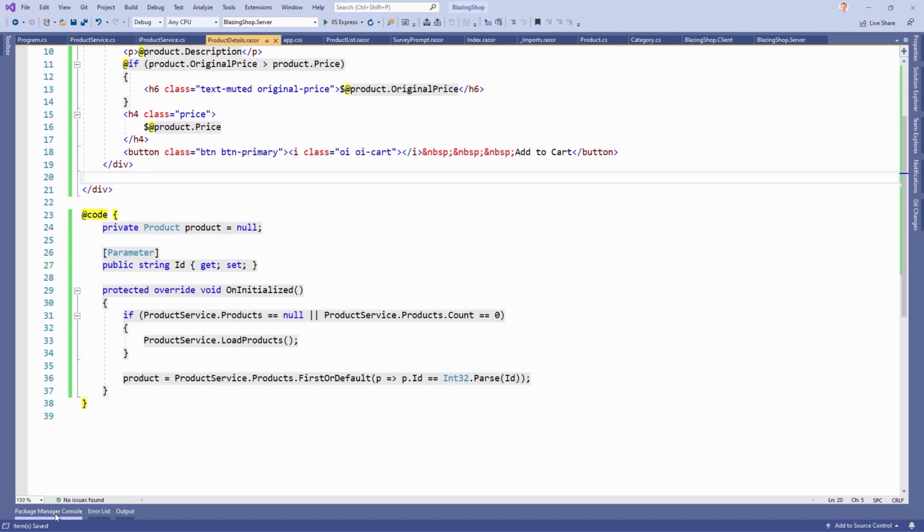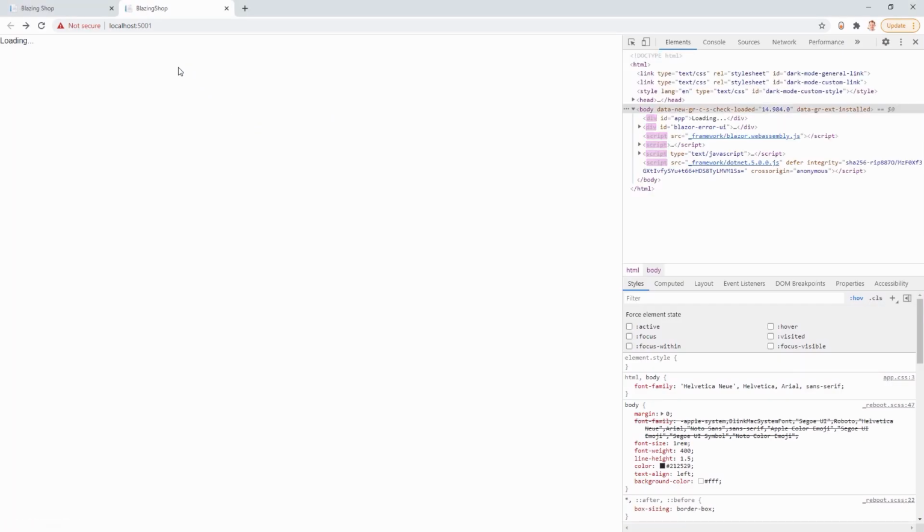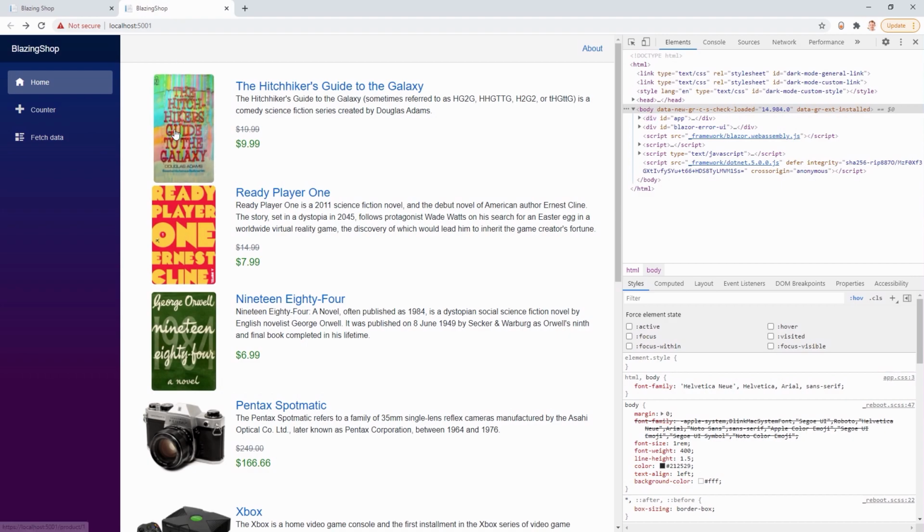Okay, and I think this should be it. It is reloading. There it is, and now